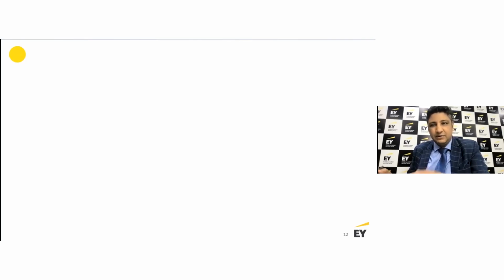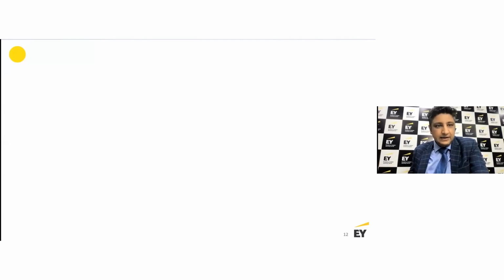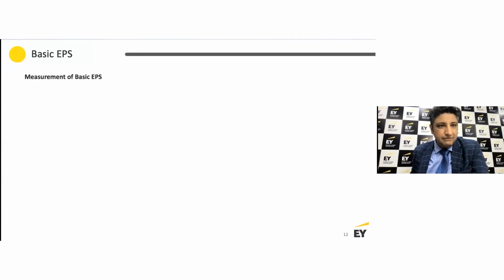Now broadly, just to bring this context of measurement, there are two types of EPS we are referring to. One is a basic EPS. Whenever we use the word EPS, we mean to say basic EPS, right? And we shall also be discussing the concept of something called the diluted EPS. So we'll be talking about that in detail in due course. Essentially, when I look at the very idea of EPS, we refer to the basic EPS.